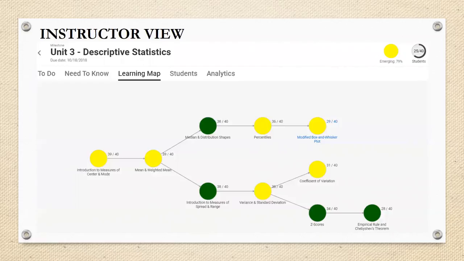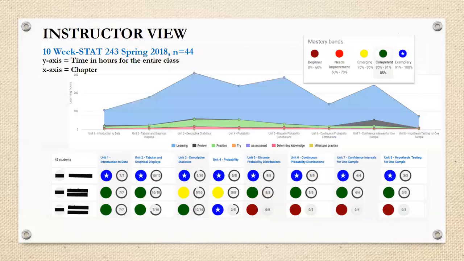Also within the instructor view, I can quickly see how students are doing. So in a gradebook setting, I had to black out their names just to keep the privacy here. Each row on the bottom there is a student by unit on how they're doing in a grade. And this helps me catch those students that are falling behind or have just dropped out of the class. So I can quickly visualize that this top student's getting an A. I have some B and C grades for the next student, but this last student, I'm worried they're going to